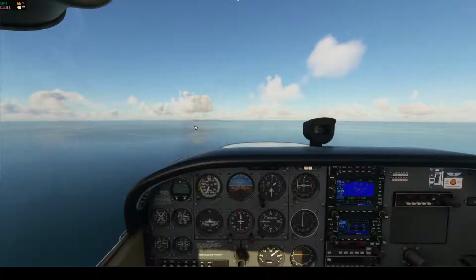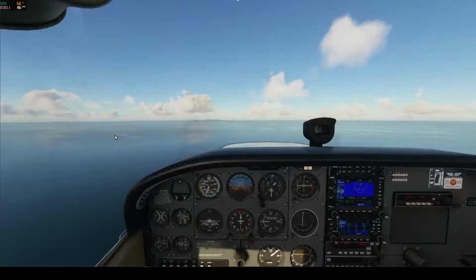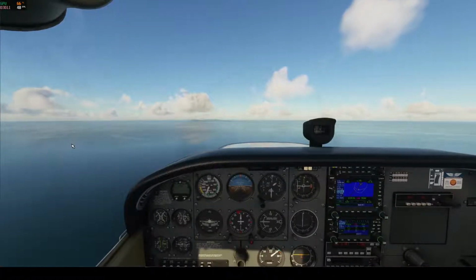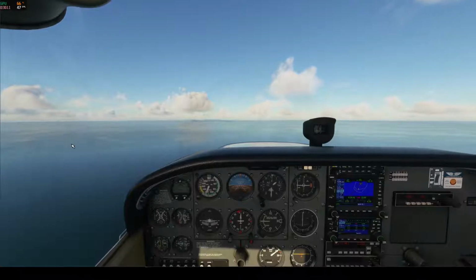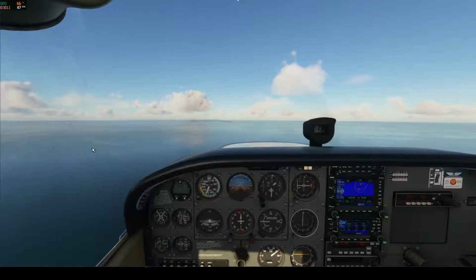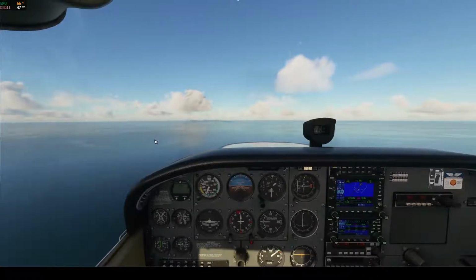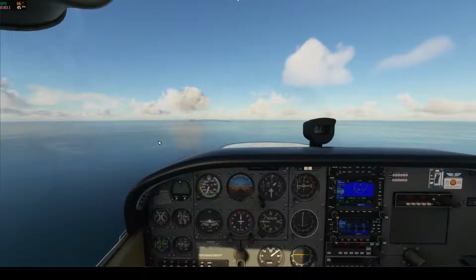I don't know what the airport representation's like here. From what I've seen in pictures, it's, let's just say, an impression of it. I think that's probably the best way to put it. The terminal buildings are not entirely accurate as to how they look in real life, but very similar shape, etc. But otherwise,